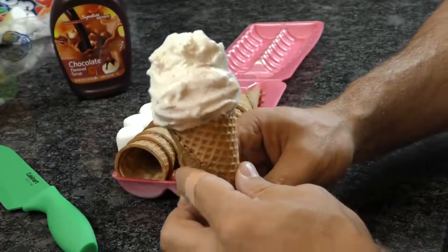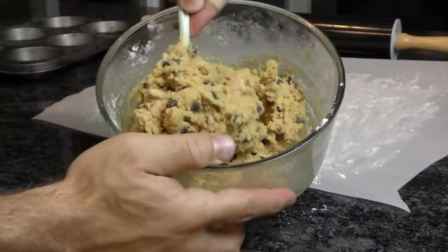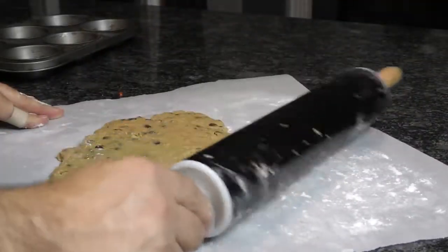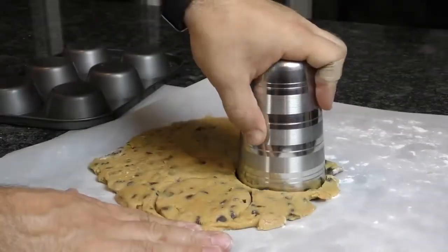Next to cookies, ice cream is the best-selling treat in America, but together, they're out of this world. To create this delicious treat, whip together your favorite cookie dough recipe, then split the batch into 2 equal portions. Roll out the first portion on parchment paper with a rolling pin, and cut the circles slightly